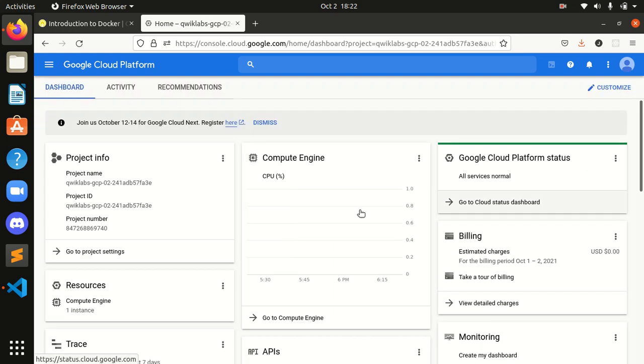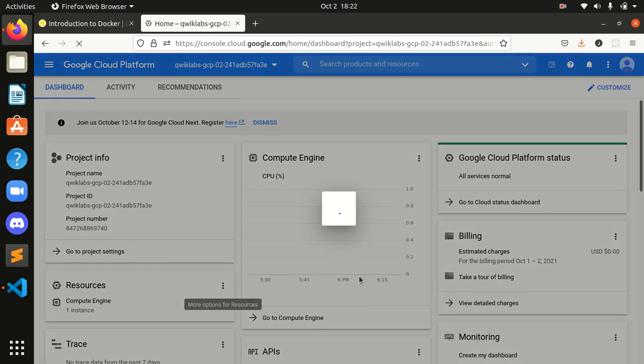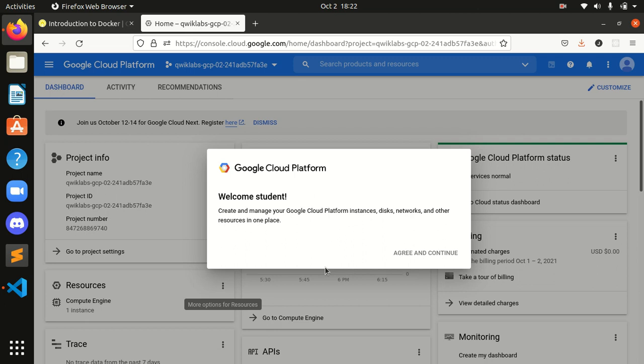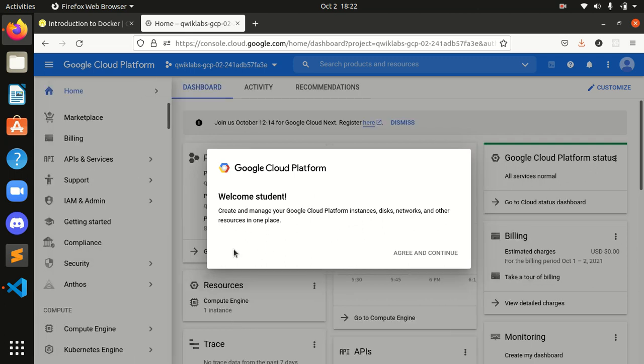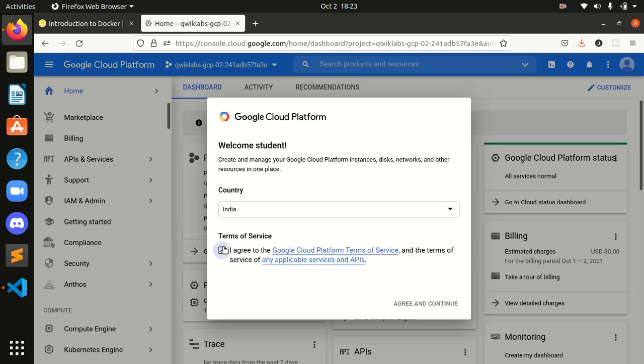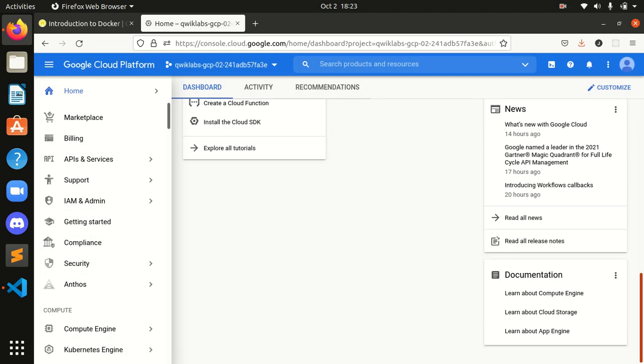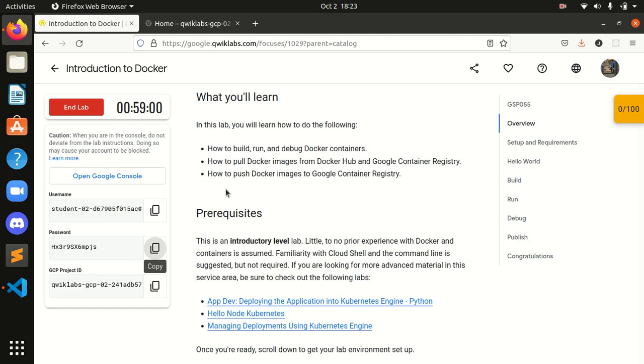Okay guys, we are in the console itself, and some agreements will come up here, as they do in all the labs when we start them. So guys, we are here, and after that we will start.